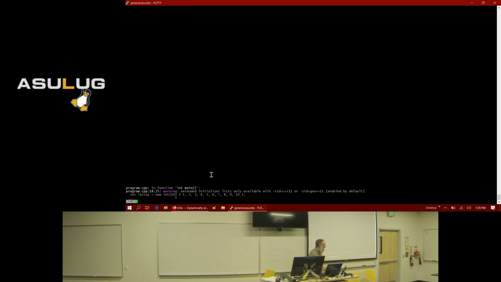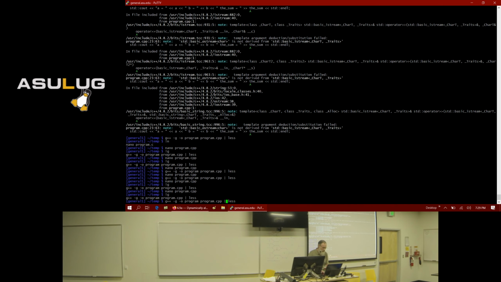So notice that I'm getting an error message in my code here because I've dynamically created my array, and then I have my initializer list here. But this isn't legal in the version of C++ that the compiler uses by default. The default version is basically somewhat equivalent to C++ 98. So I need to compile with at least version 11. So when I build my program, on your command line, you would do std, for standard, equals C++ 11.